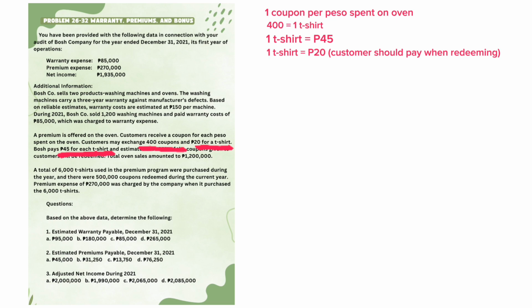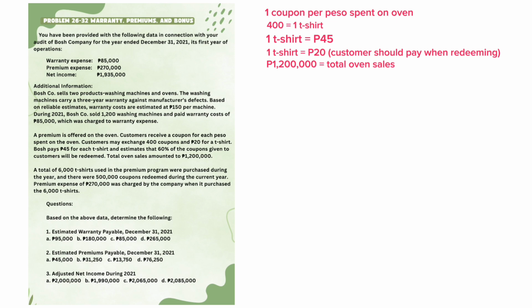So for the next question, number 2, what is the estimated premiums payable? Bosch Company runs a promo where customers earn 1 coupon per peso spent on ovens. So 400 coupons can be exchanged for a t-shirt. And then it is said also that the company buys t-shirts for 45 pesos each, and customers also pay 20 pesos when redeeming. So, since the total oven sales were 1,200,000 pesos, customers got 1,200,000